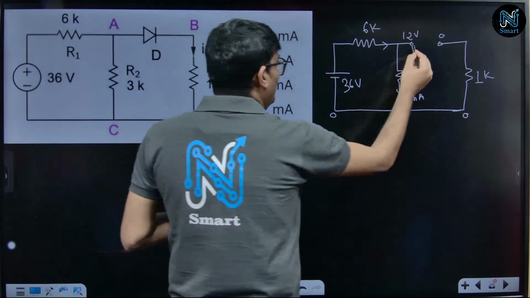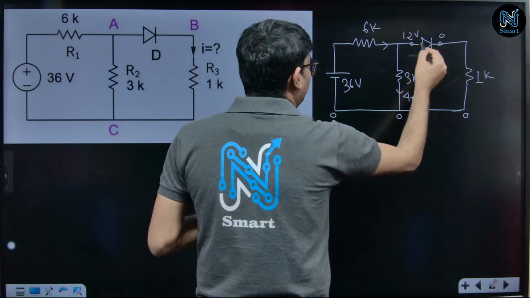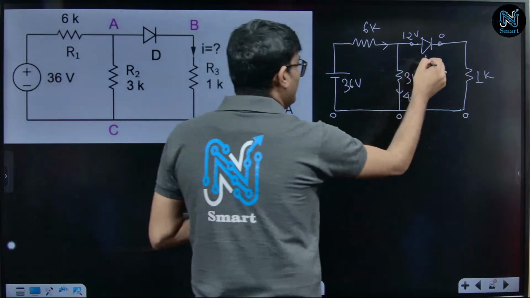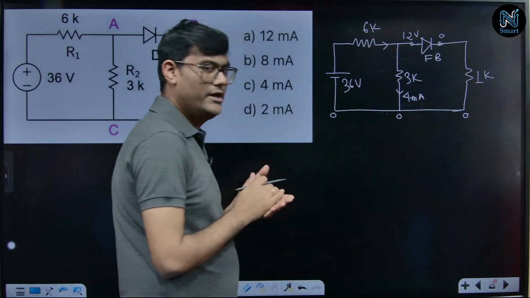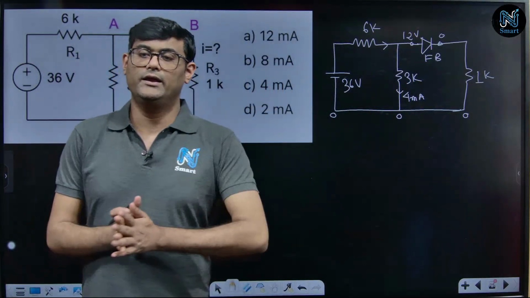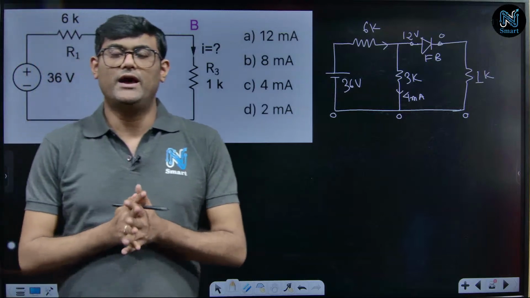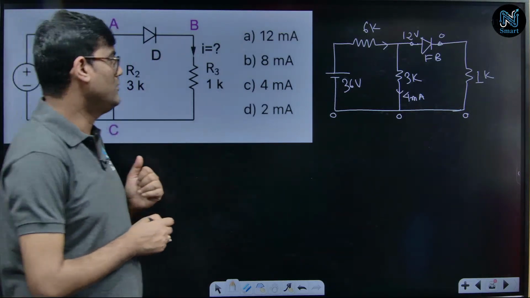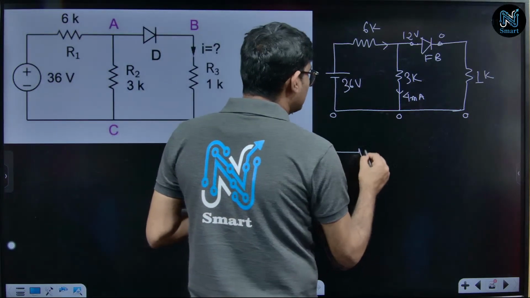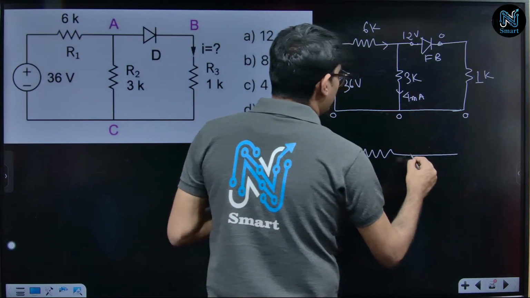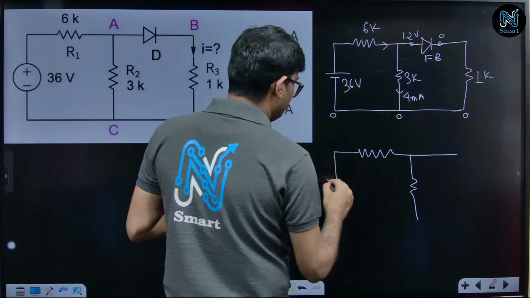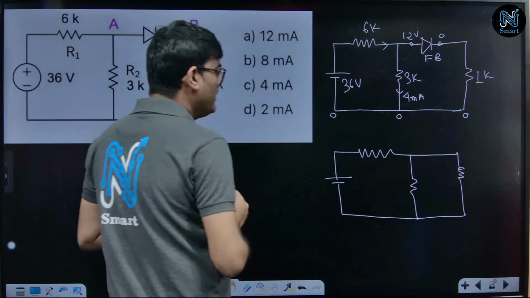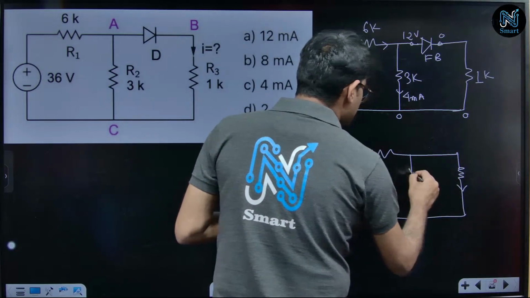ডায়োড আমাদের 12 ভোল্টের পজিটিভ কানেক্টেড, নেগেটিভ টার্মিনাল 0 সঙ্গে কানেক্টেড। So I can say that the diode is acting in forward biased condition. কারেক্ট, it is acting in forward bias condition. যদি ডায়োডটা ফরওয়ার্ড বায়াস কন্ডিশনে কানেক্টেড থাকে তাহলে আমি ডায়োডটাকে কি করে দেবো, শর্ট সার্কিট করে দেবো and it is converted into a regular electrical circuit, যেটা আমরা নর্মালি করে থাকি।